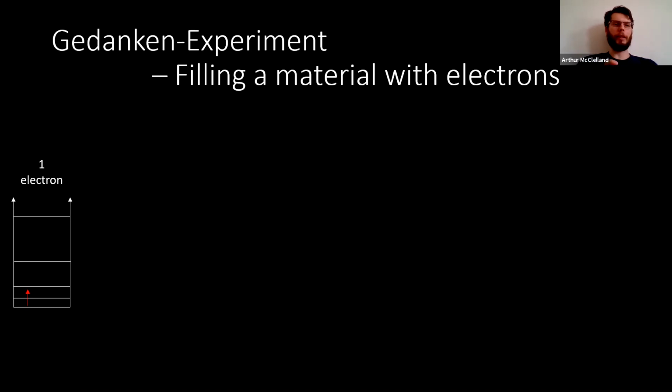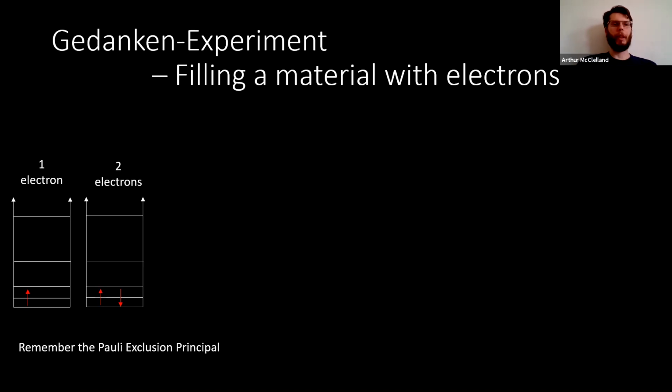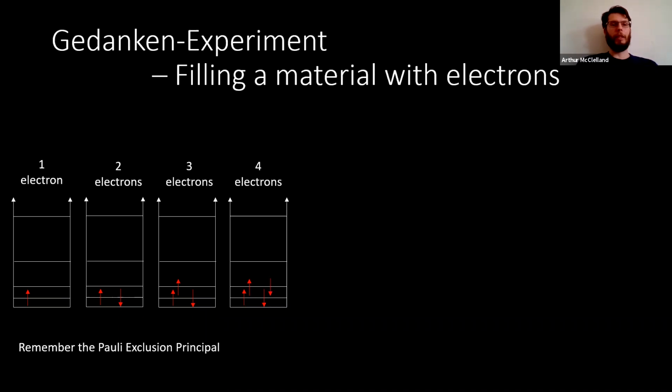So we put in one electron, and the little arrows are supposed to denote the spin. It has a spin up and goes to the lowest energy state. We add a second electron. We remember the Pauli exclusion principle: it has to have a spin down, and then it also goes to the lowest energy state. When we add the third electron, it is forbidden to go to that lowest energy state and can only go to the next highest state. As we continue to add electrons, we fill up the energy levels from the bottom, and we can only have 2 electrons per energy level, spin up and spin down.